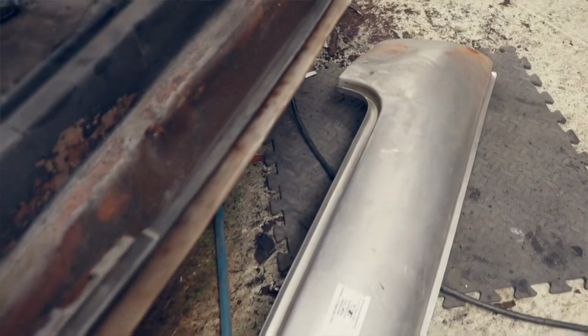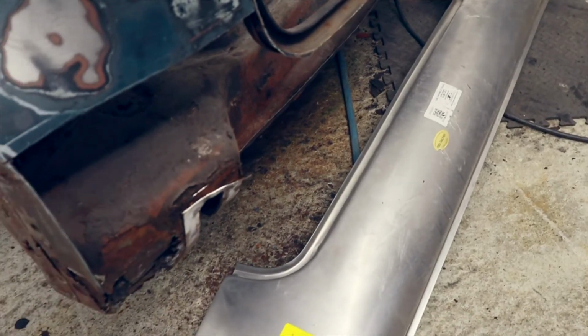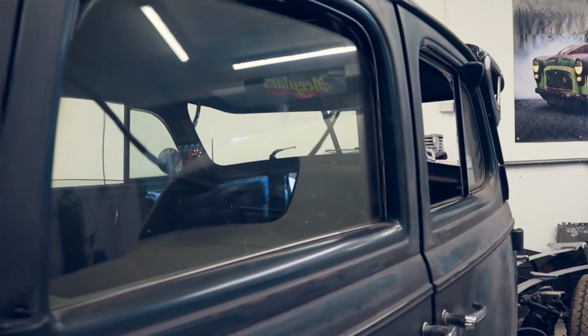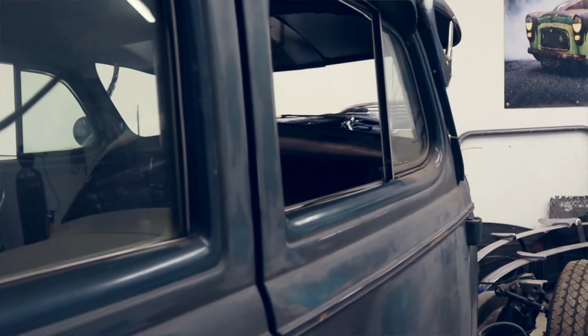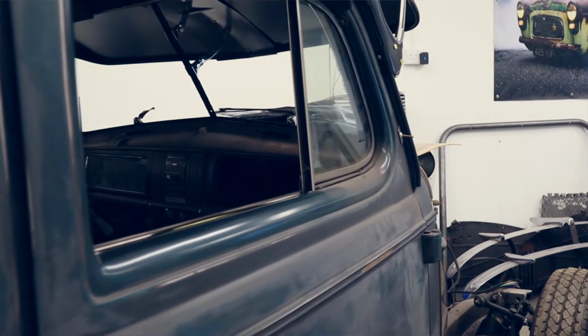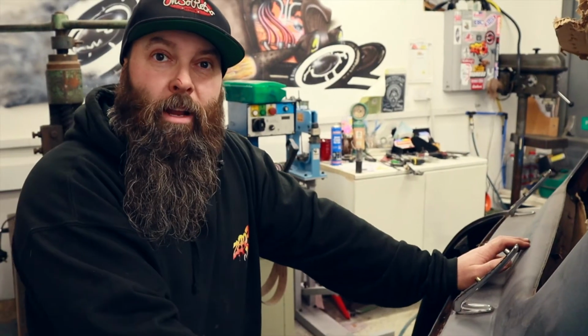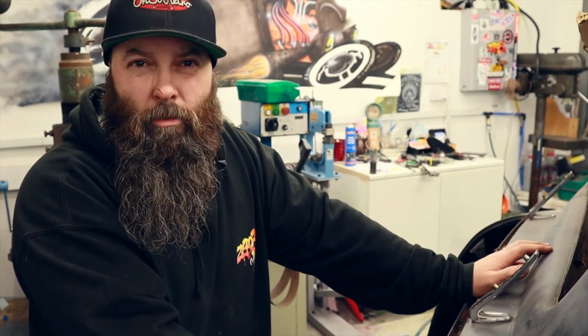So it's a case of just cut all the bad bits out, replace the bad bits with good bits, then prep and paint the whole car. Simple as that. He hasn't chosen the colours yet, but it will be two-tone. It will be split along the swage line. It's probably going to be a lighter colour on the top, darker colour on the bottom. It's probably going to be very classic colours, sort of two-tone brown or two-tone green or something like that,